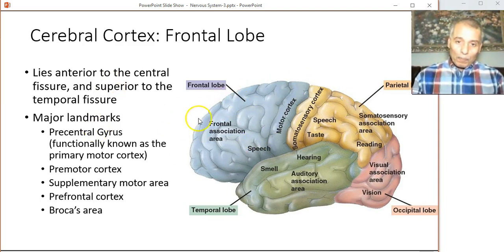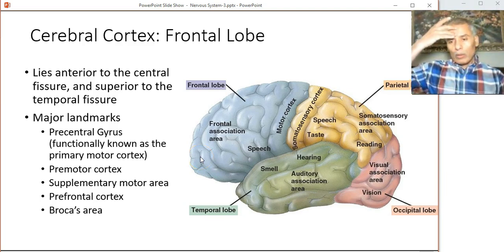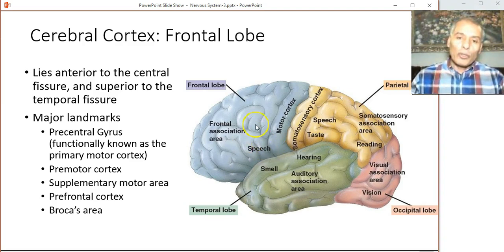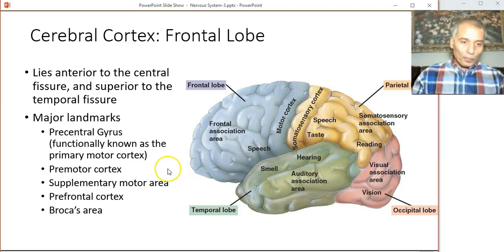Generally, the frontal cortex lies anterior to the central fissure and extends all the way anteriorly, and a big part of it is covered by the forehead, and it lies superior to the temporal cortex and anterior to the parietal cortex. The major landmarks of the frontal lobe